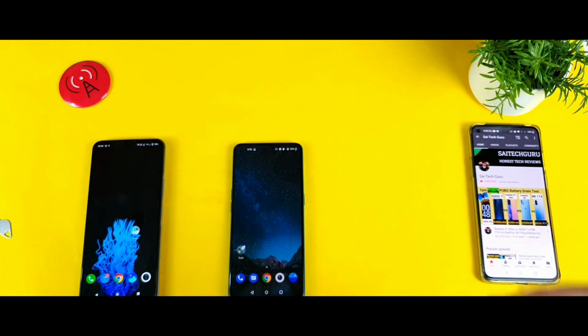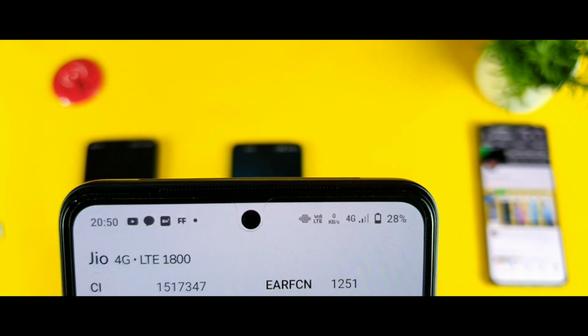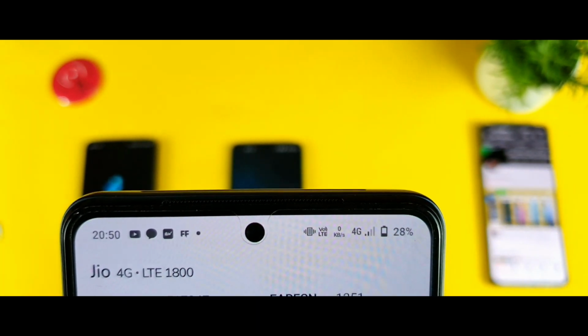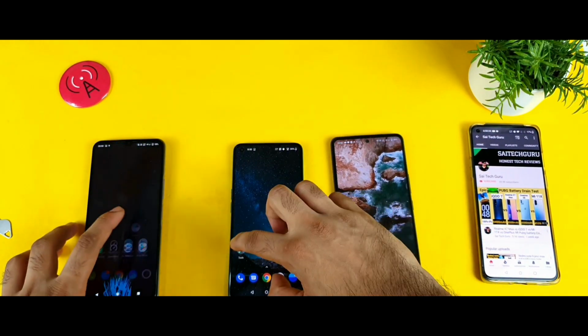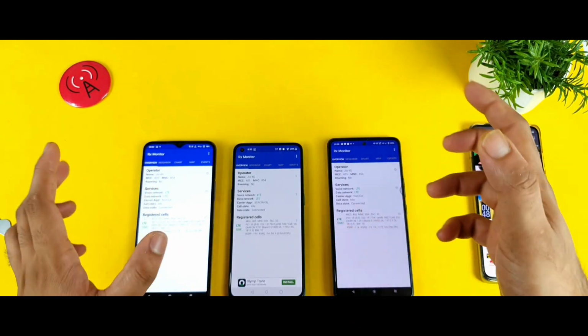I'll try to do it even with the Airtel SIM as well later on. So right now, as you can see, is the IQ 7 device which has got nothing at all, no kind of aggregation at all. So just the normal band, which is the 1800 band, as you can see clearly, friends. So now let me try to open the RX Monitor application, where you'll be able to see the clear details, which phone has got what type of aggregation.